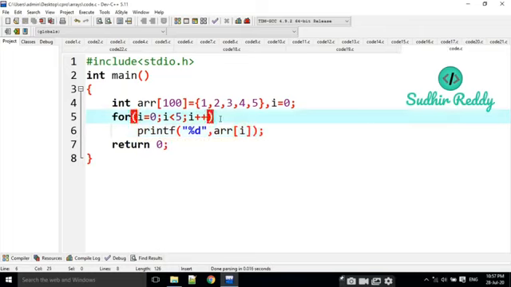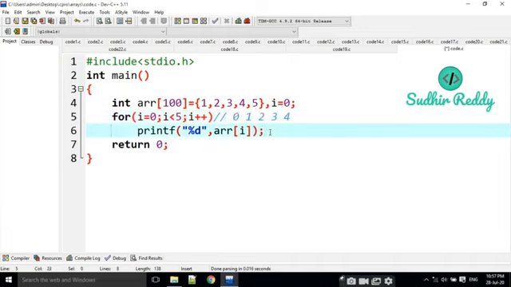Since 5 less than 5 is false, this loop is going to repeat from 0 to 4. What is the i value here? First of all 0, that means arr of 0, then arr of 1, arr of 2,